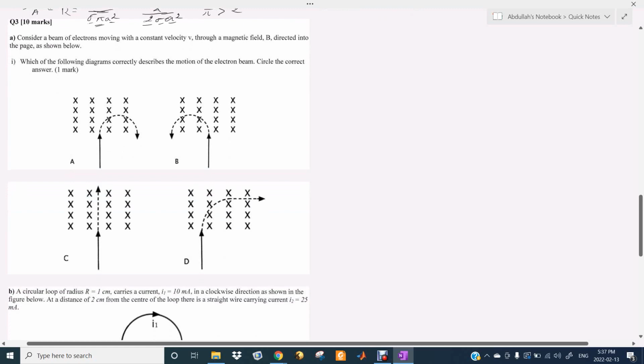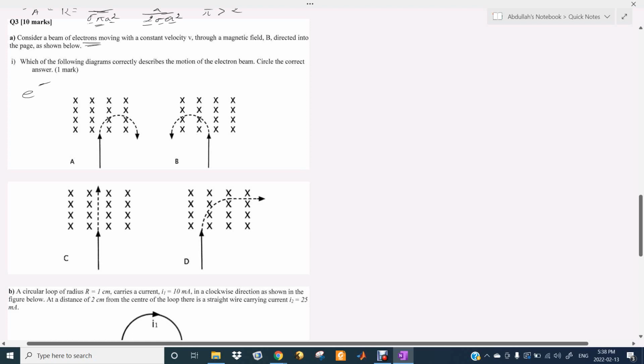All right. So in this part, what you have is a beam of electrons. That means a negatively charged particle is traveling with a velocity v through a magnetic field that's going into the page, right? So what's the path taken by the electron? Now, if you apply the right hand rule,